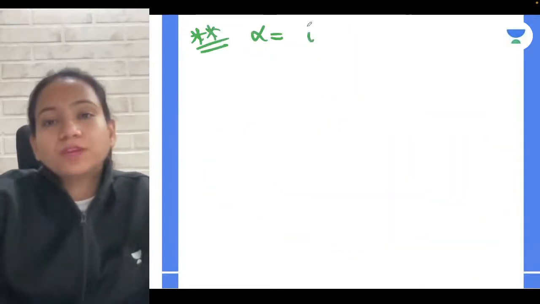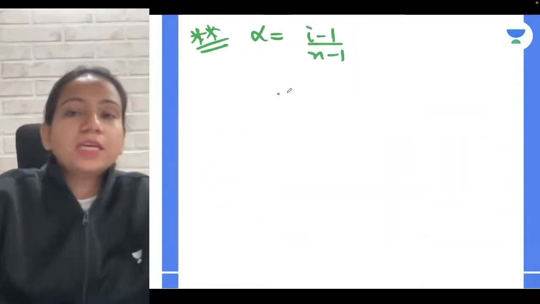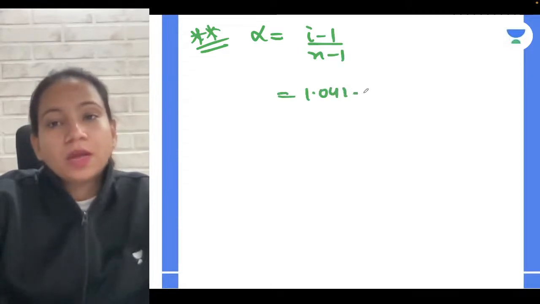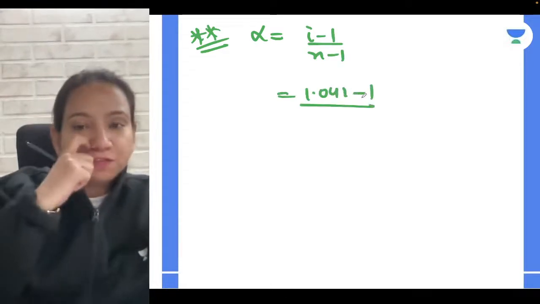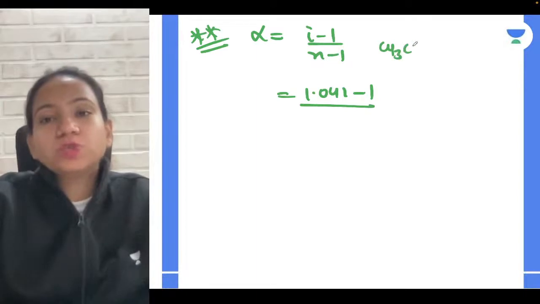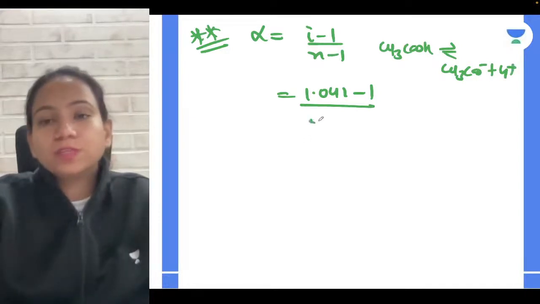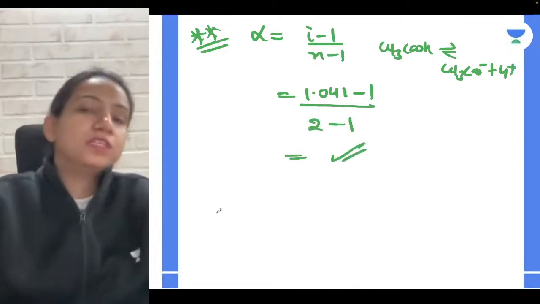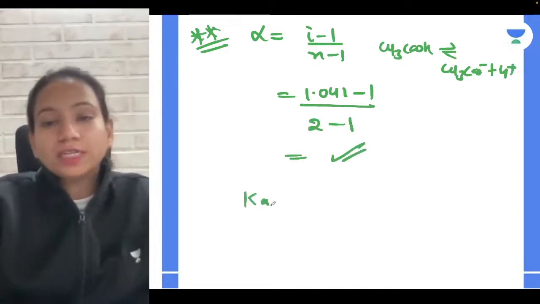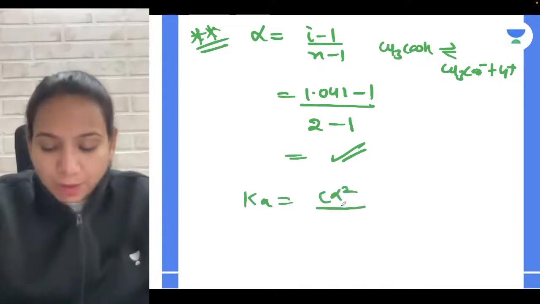So i is 1.041, minus 1. And if we have acetic acid, how is it going to dissociate? It dissociates into 2 ions, CH3COO minus and H plus, so n minus 1 is 2 minus 1. Solve it and you will get alpha. And how can you get Ka? Ka equals C alpha square divided by